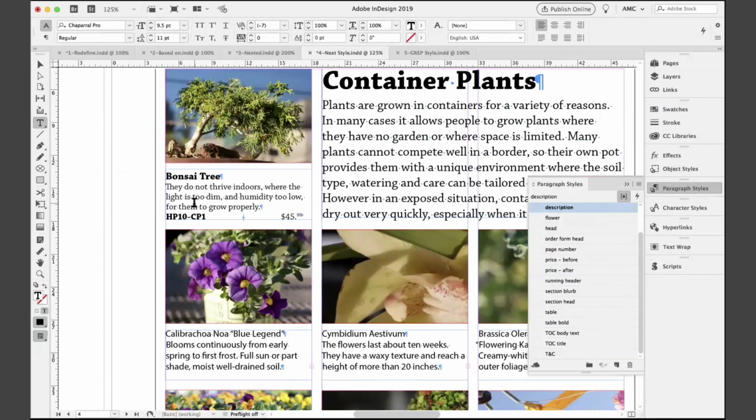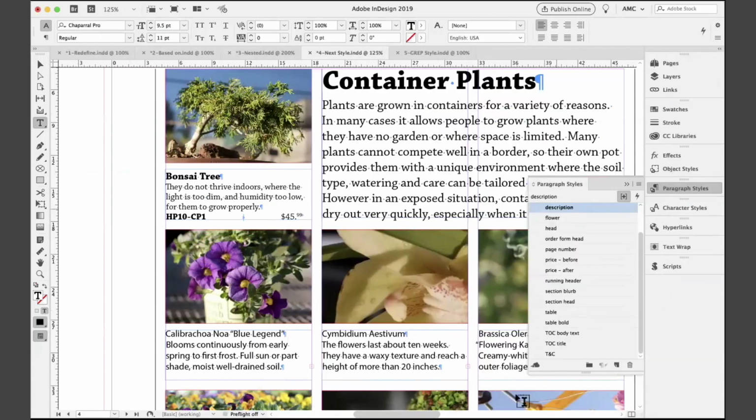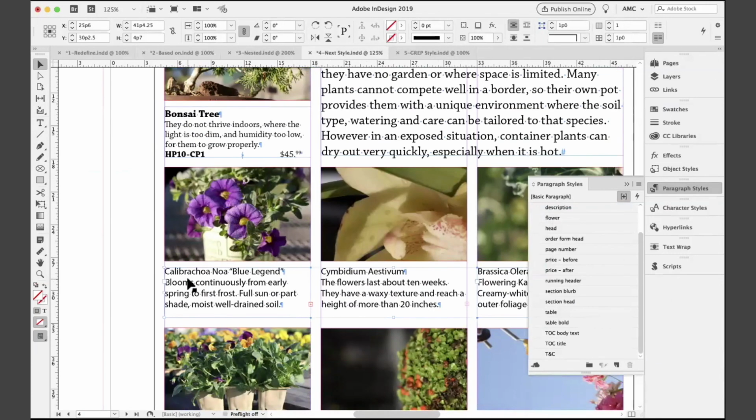Isn't it amazing that what's happened here is not only did I apply the next style coming after flower to be description, but in the description paragraph style, I said the next style should be price after. Now, unfortunately, you can't shift-click all these frames and then right-click on the style. I tried it, it doesn't work. But what you can do